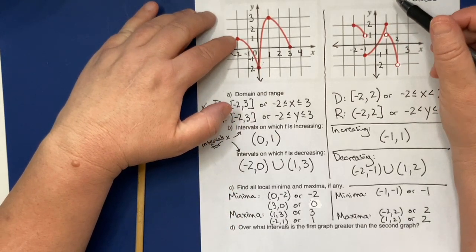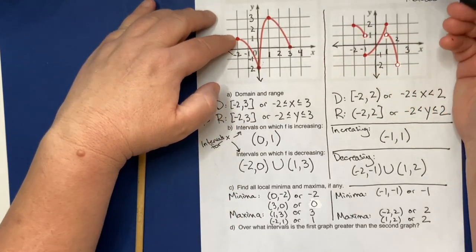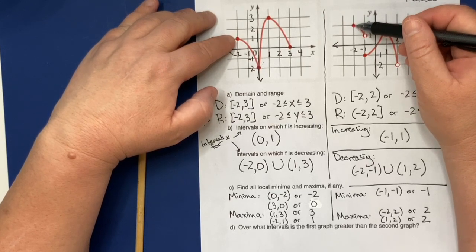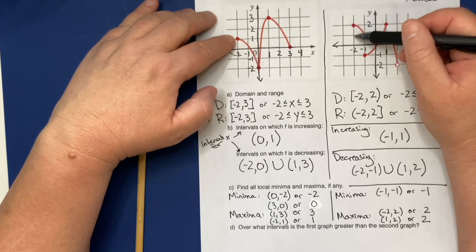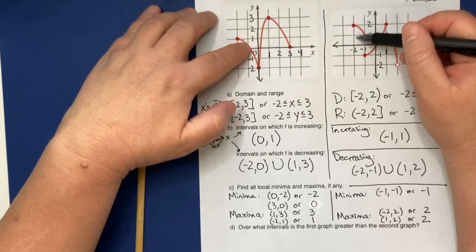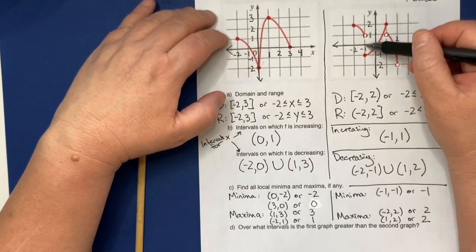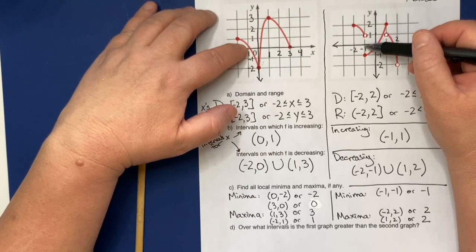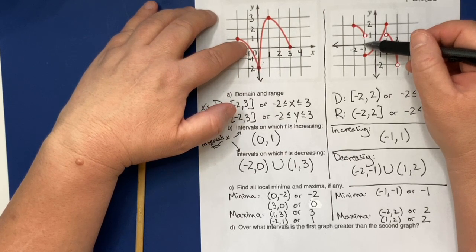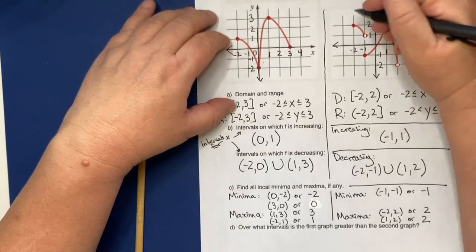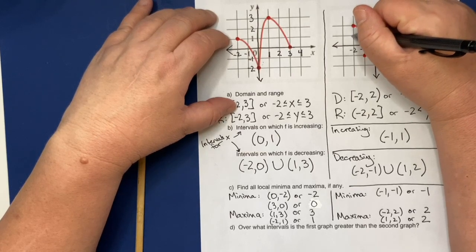So if we take a look here, I see that at -2, I start here in the first graph, and I slide all the way down here. And I do think that, let's see, the first graph is greater, I think, because the first graph is right here,